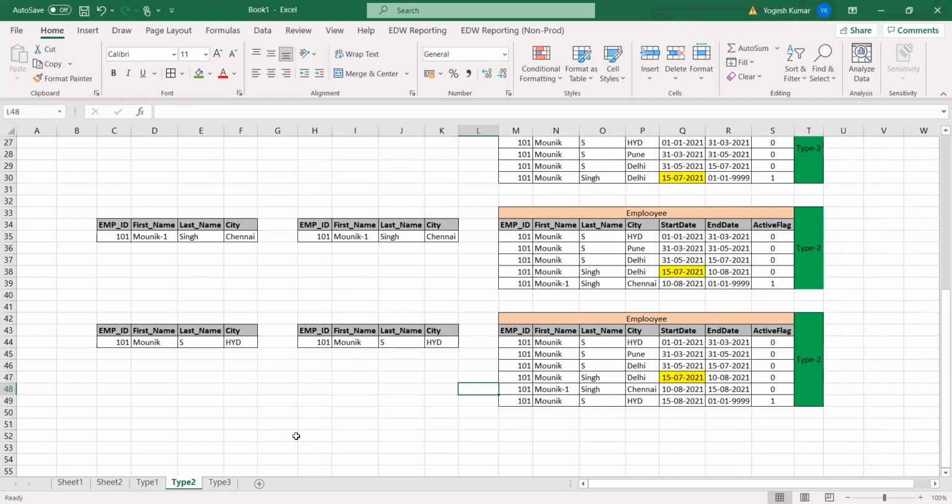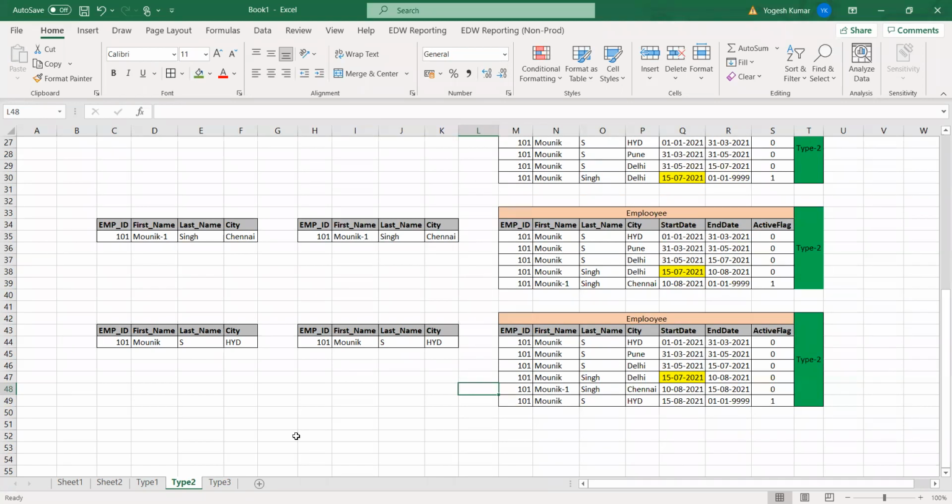Yes, if there are 100 tables in a data warehouse, out of 100, let's say 20 are fact tables and 80 are dimension tables. Of those 80, 10 can be type 1, 20 can be type 2, 2 can be type 3. Any kind of dimension table can be there. Right? Yes.